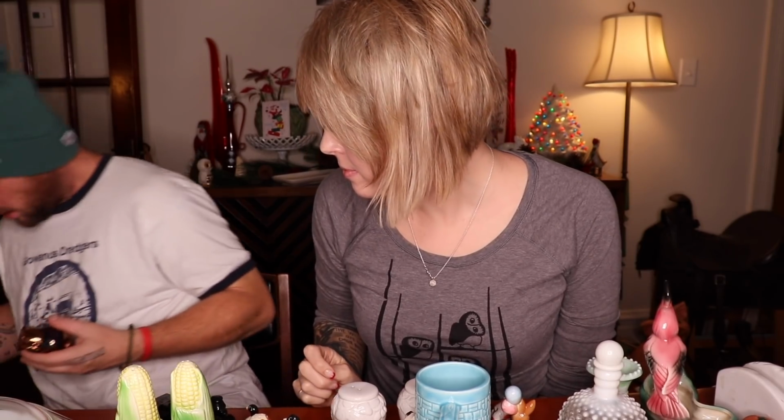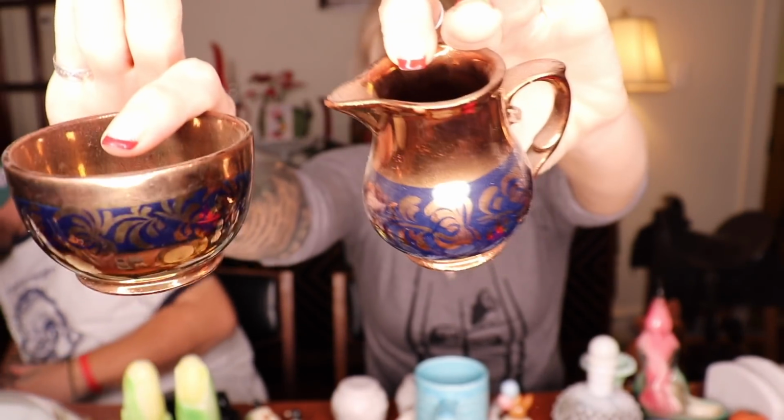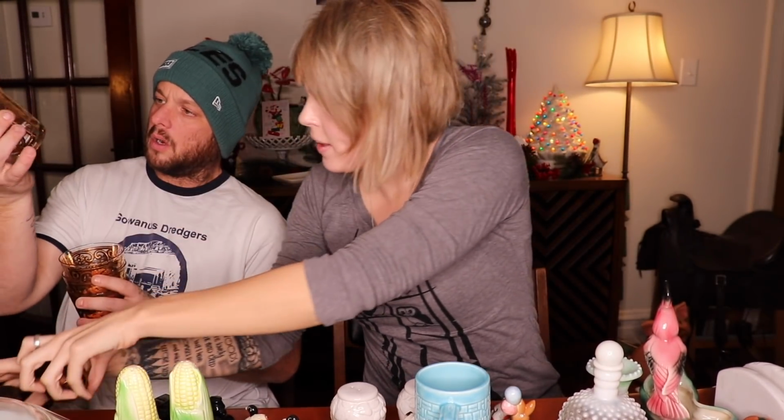Oh, a couple little pieces of copper luster, made in England. Little matching pitcher and bowl set. So maybe like a sugar and a creamer. Oh my, look at them. Did you see the name on them? Oh, George Briard. Told you. The gold George Briard glasses tend to do a lot better than all the other ones,